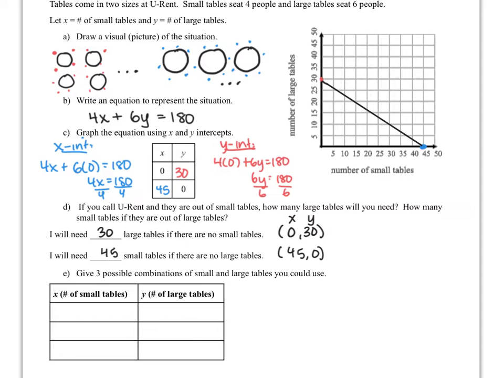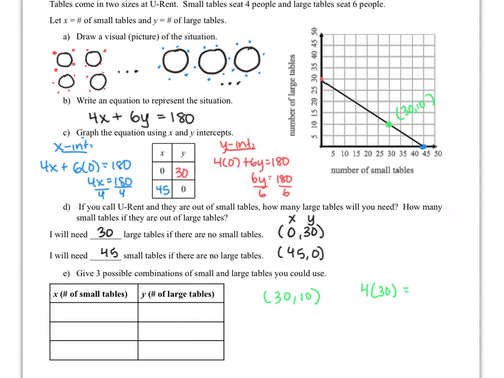algebra. So for example, I see that this point right here certainly looks like a pretty good option. So I'm just going to put a dot there. And then I'm going to write its coordinates. So that point has an x coordinate of 30 and a y coordinate of 10. So 30, 10. So it looks like if I had 30 small tables and 10 large tables, that would get me 180 people. But I would check that by using my equation, because remember, if I have 30 small tables,